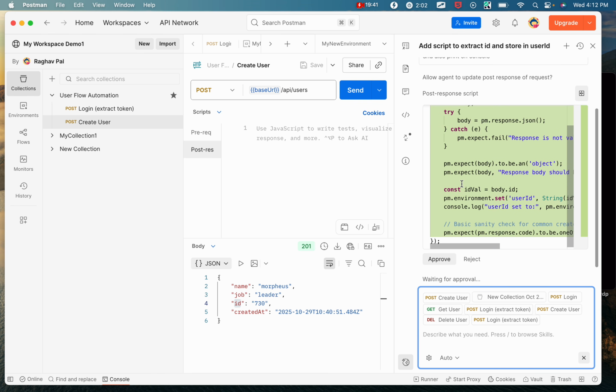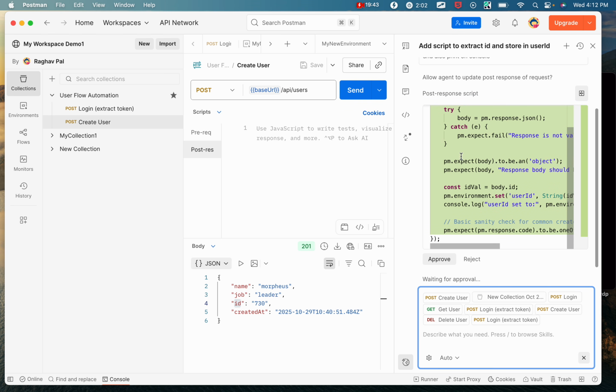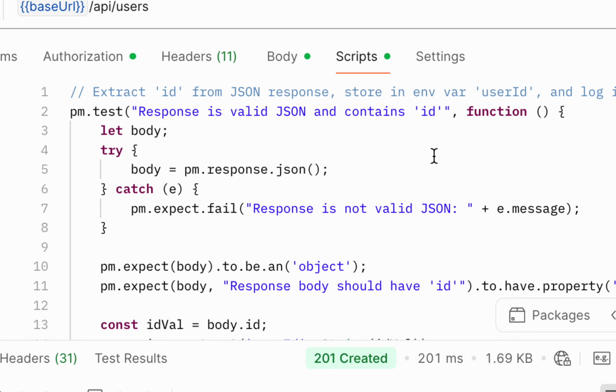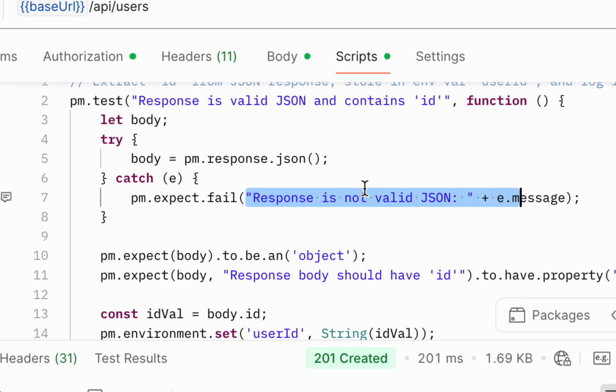and yes, it is done. And it's a long script, but that's fine. Let us check this. I will say approve, and it has come here. You can see here it is checking this. First it is checking it is a valid JSON, and